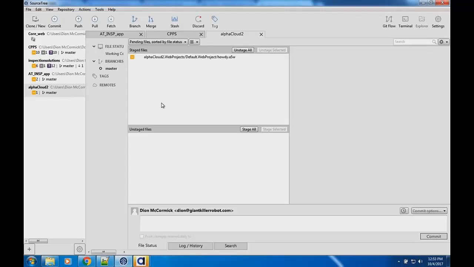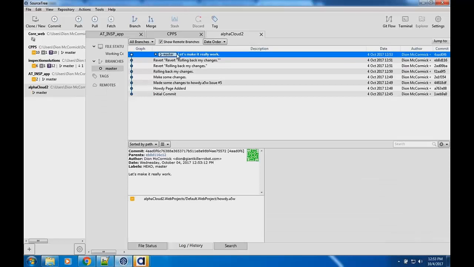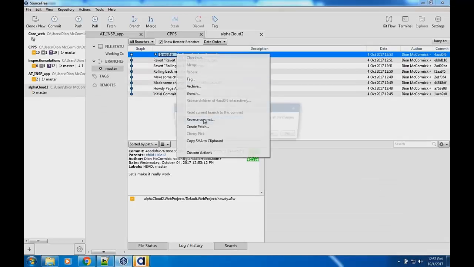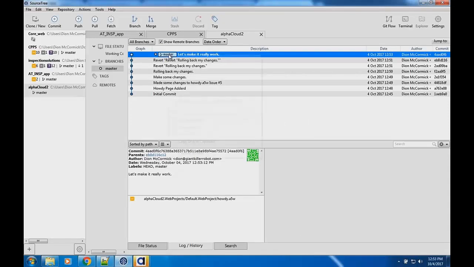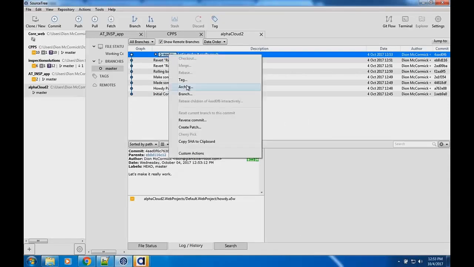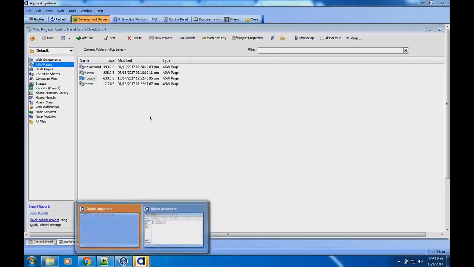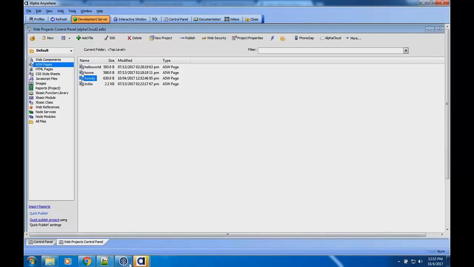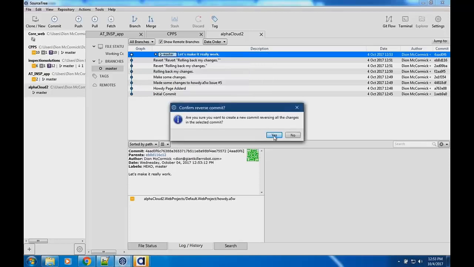I'll commit it. Okay, now I'll go back to my branches here, and I'll go, you know what, I'm going to reverse that commit. No, I want to reverse it. I'm getting used to this, but you can basically reverse this commit and it will take you back to where it is, and then when you reload it open. The idea is they want you to kind of track every time you change it. So let's give that one more try and see if that will work. And see there. Let's reverse commit.